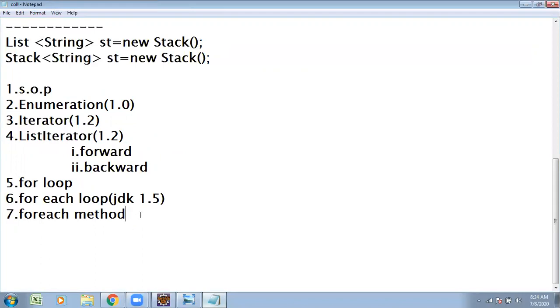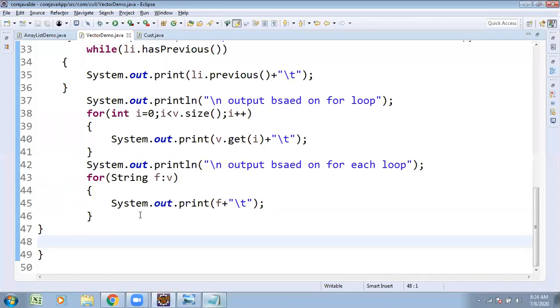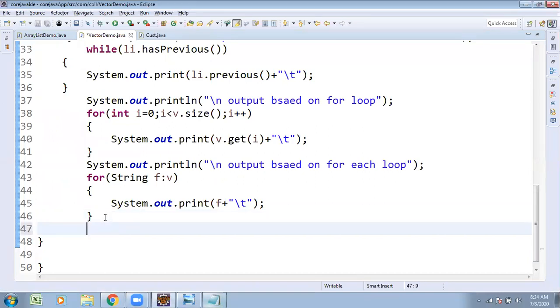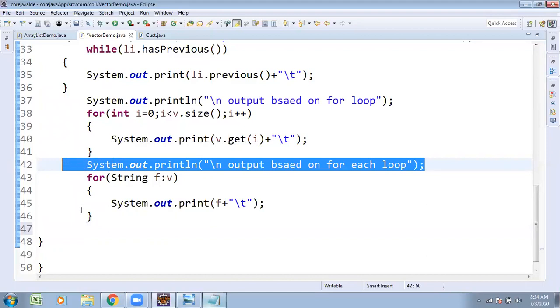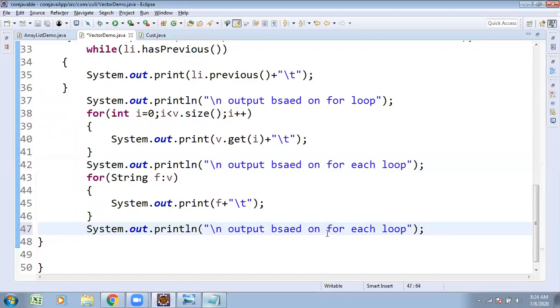Similarly, the for each method came into existence from JDK 1.8 version. How to retrieve the collection elements with the help of the for each method, new techniques. System.out.println output based on the for each method.